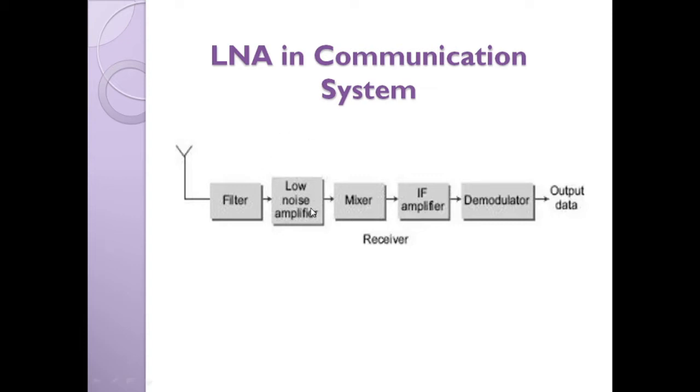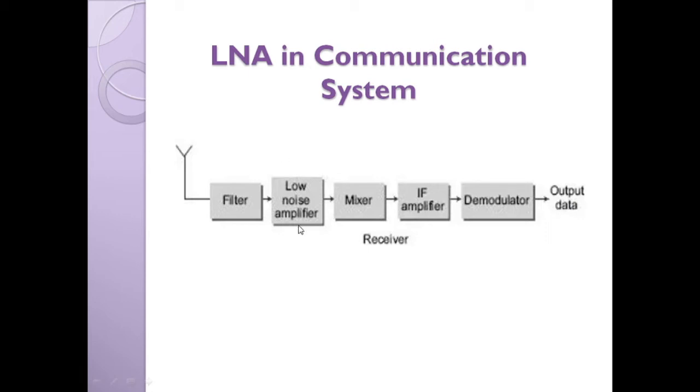So what will the amplifier do? It will amplify the original signal. Once it starts to amplify that signal, automatically the noise level also starts to increase. Also, this amplifier adds its own noise because of the active and passive components present inside. So the overall noise starts to rise. Likewise, when the signals enter the succeeding blocks like mixer, IF amplifier and demodulator, the noises also add up, and at the end the output data consists of an enormous amount of noise.